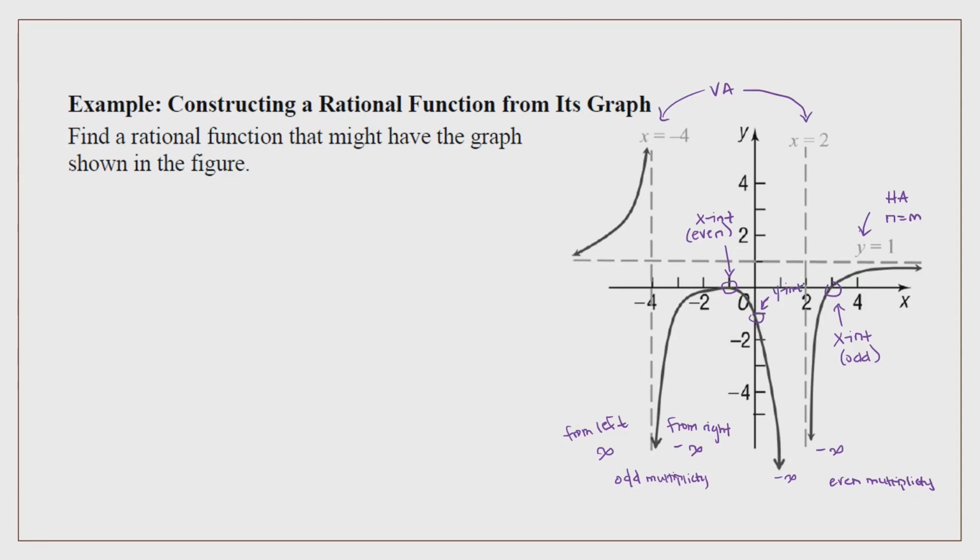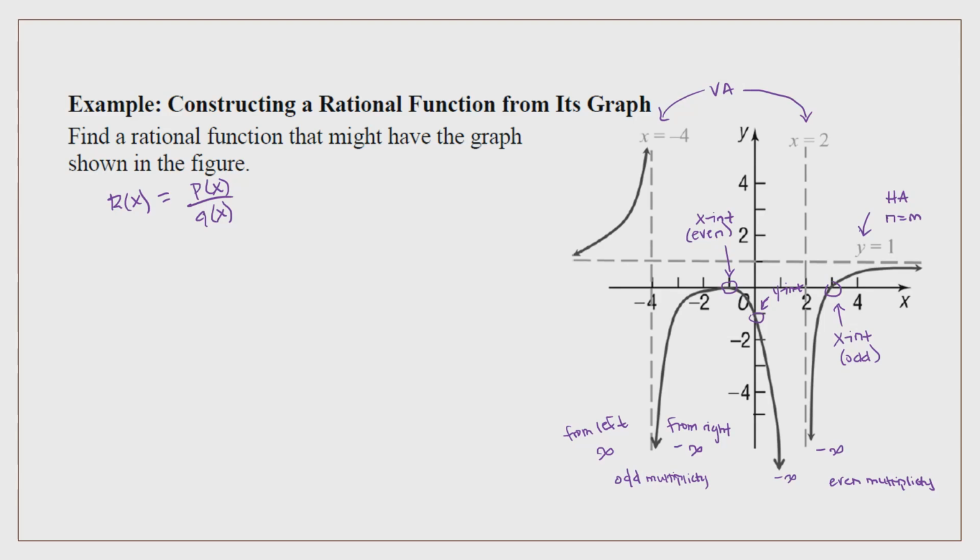That's something to note. And let's see. No slant. I think that's it. All right. So we know r of x is going to be in the form p of x divided by q of x. Okay. Now, for our numerator, for our p of x, we want it in lowest terms,